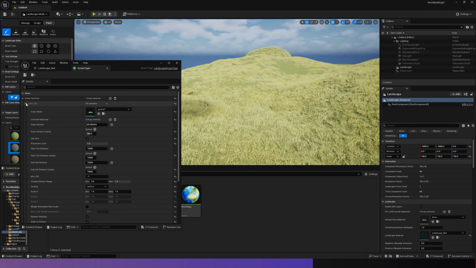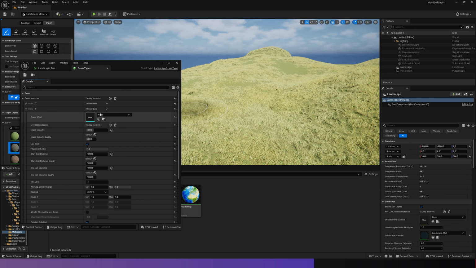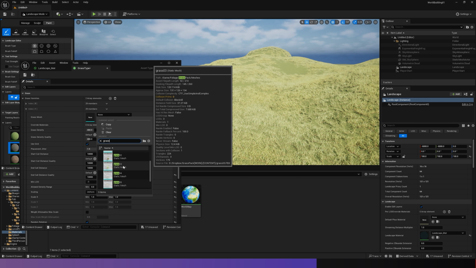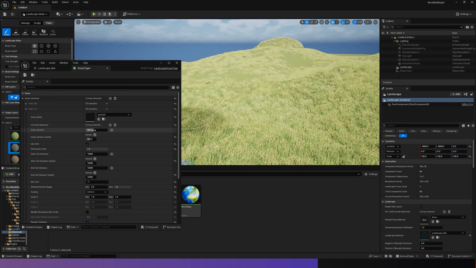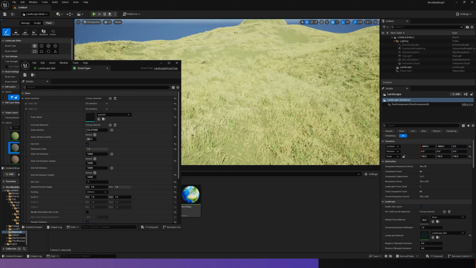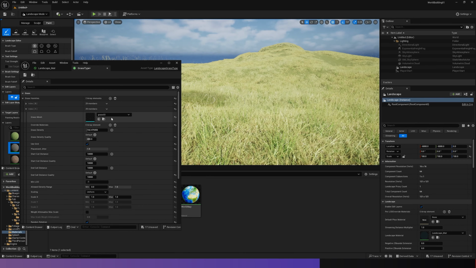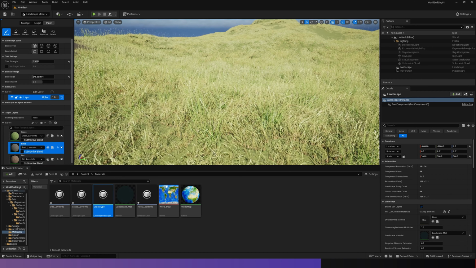If I want to add more variety in there, I can go back to grass varieties, add another element, and under this static mesh, let's type in grass again and look for a different type of grass. Let's say grass three this time. And let's again pull this down a bit just so it's not too dense. So what it's now going to do is randomize between these two varieties of grass and apply it to every layer where we have grass